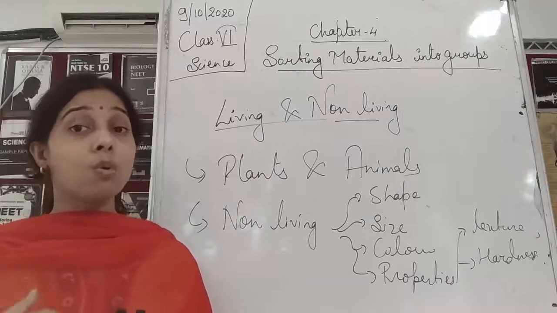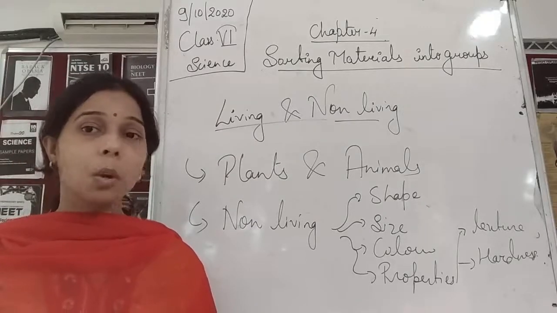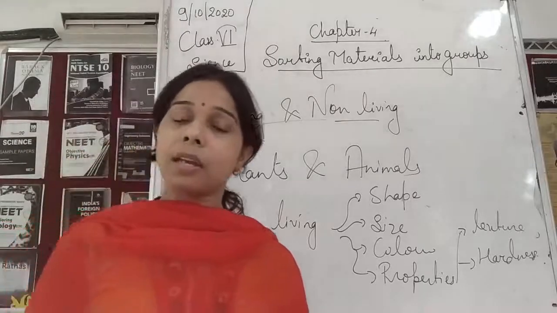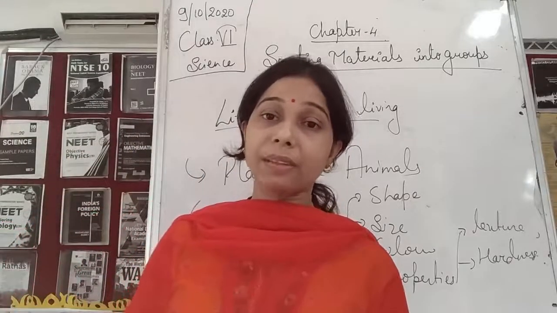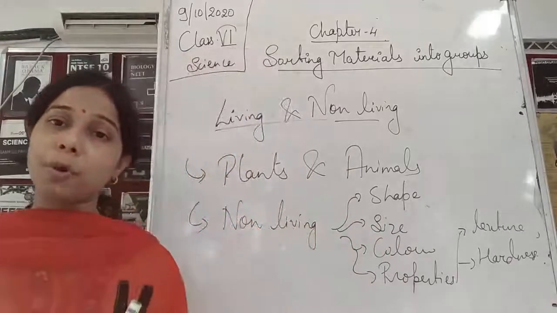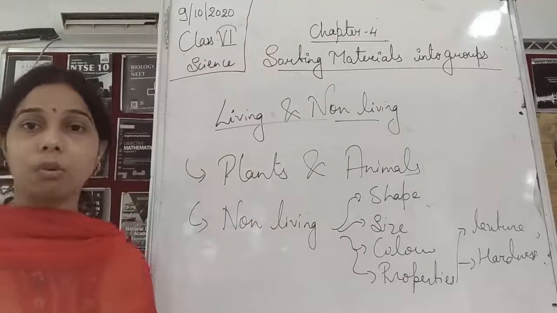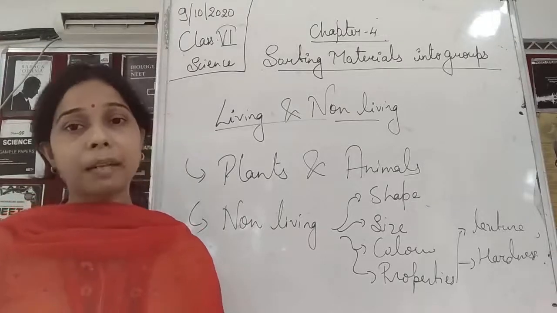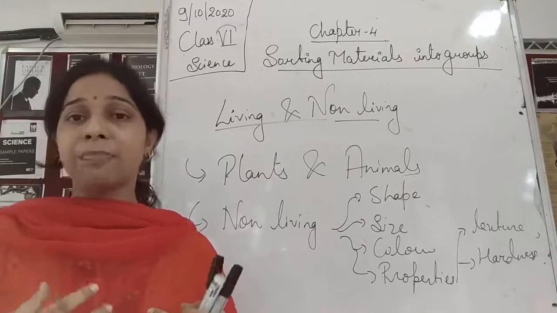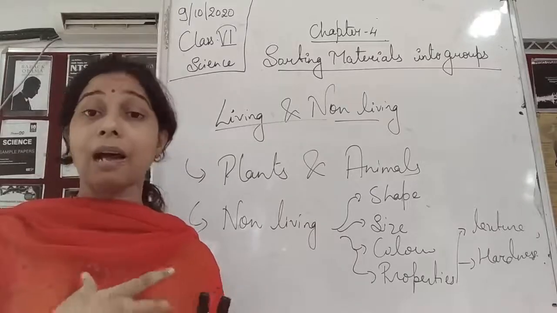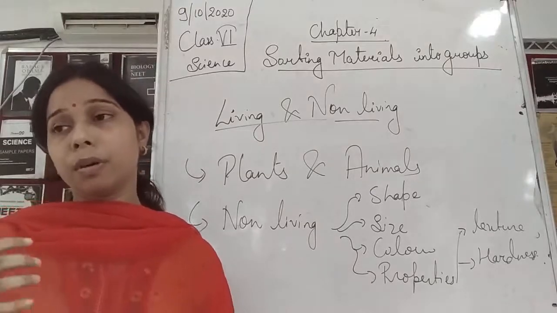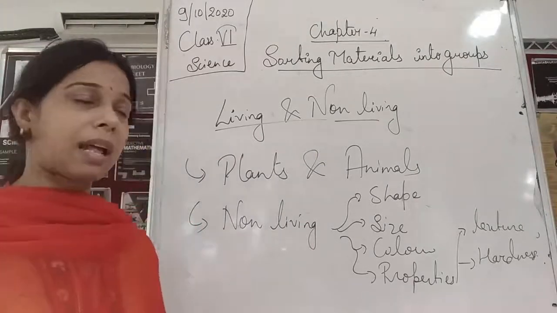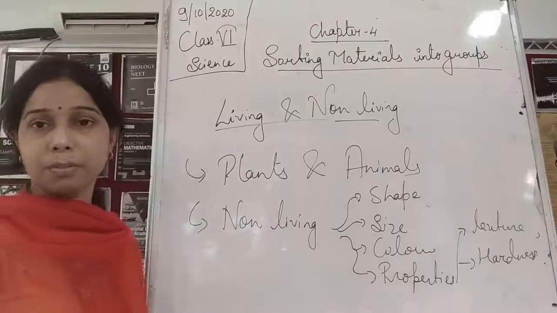Second, it helps us to understand the object. What is the object, what is the color, what is the size, and it also helps to find the properties. What kind of property it has is also very important. So to study their properties, to understand them, as well as to locate and find them easily, we classify objects into different groups.